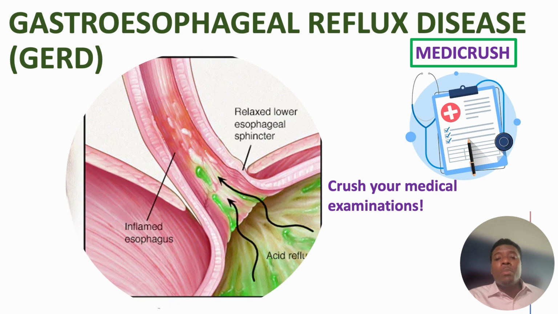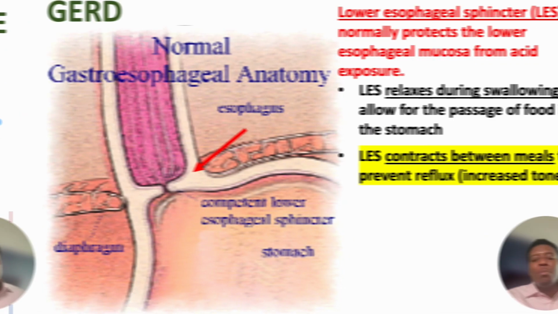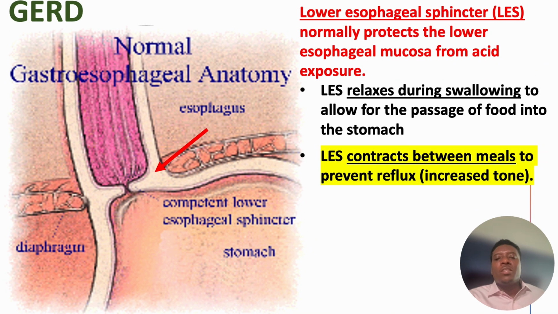In this video, we will be covering Gastroesophageal Reflux Disease, or GERD for short. Before we explain the disease, we have to understand the anatomy and the function of the lower esophageal sphincter. The lower esophageal sphincter normally protects the lower esophageal mucosa from harsh damage from the acid exposure. That's because normally when you swallow, the lower esophageal sphincter relaxes to allow food to pass into the stomach. In between meals, however, the sphincter contracts with increased LES tone to prevent reflux of acidic contents into the